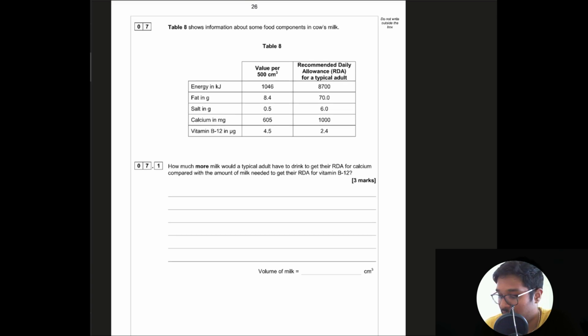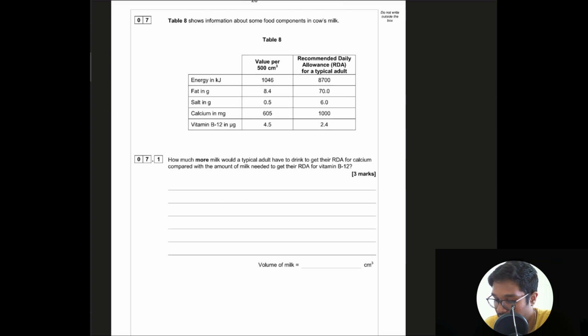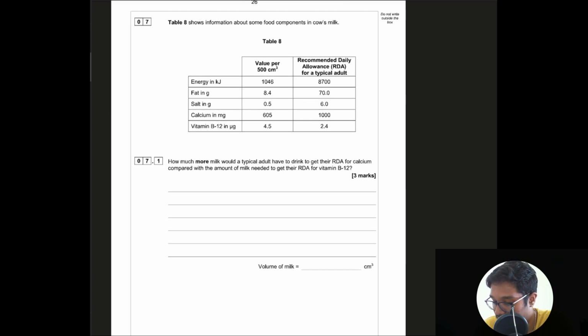Stop with all the talking. Let's get on to the question. Table 8 shows information about some food components in cow's milk. How much more milk would a typical adult have to drink to get the RDA? RDA means a daily requirement. RDA for calcium, the recommended daily allowance, compared with the amount of milk needed to get the RDA for vitamin B12. So, for calcium,